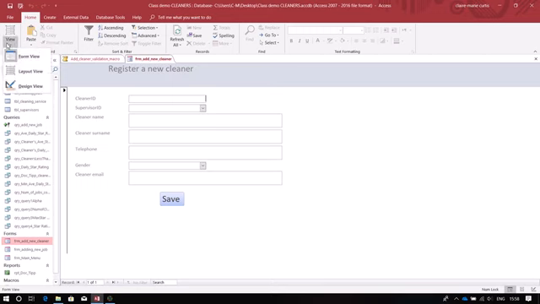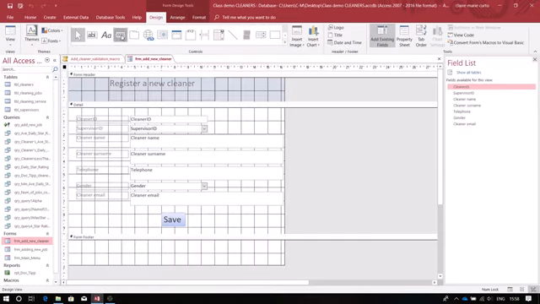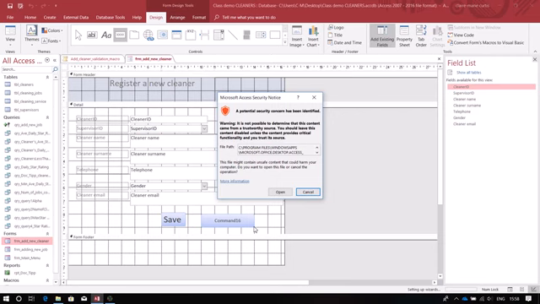So in my design view, in my form, I'm going to include another button in here. This other button is going to be really important because every time we click that,